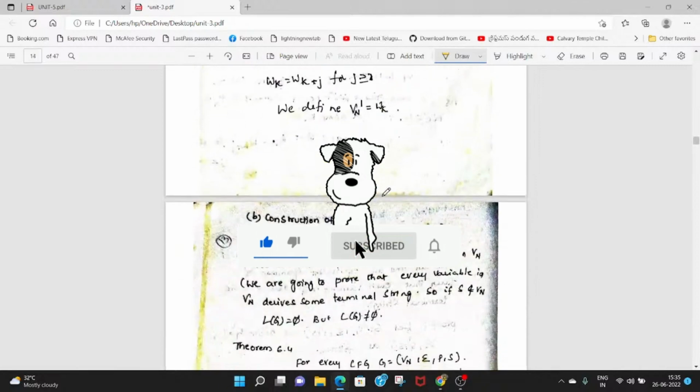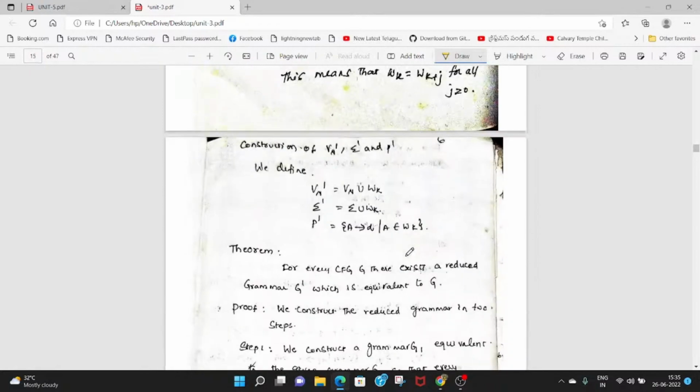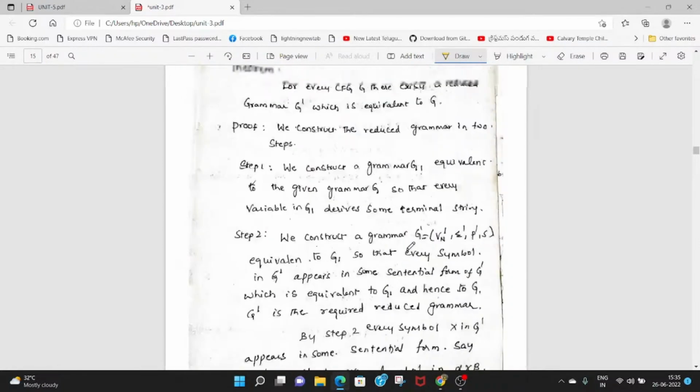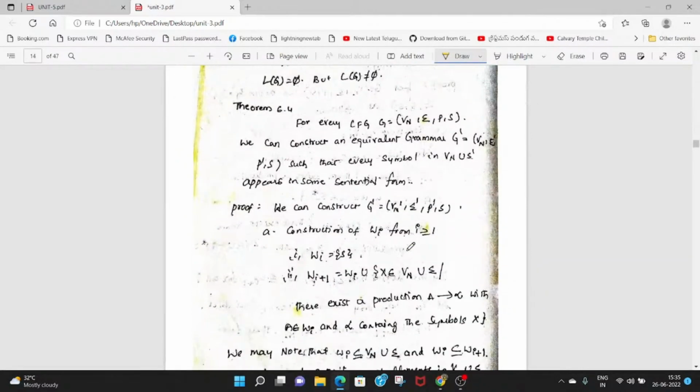So for that, these are the theorems we have. Don't worry about that. Just go through the procedure, and the procedure, what you understand, is given in algorithmic format. Okay. So now